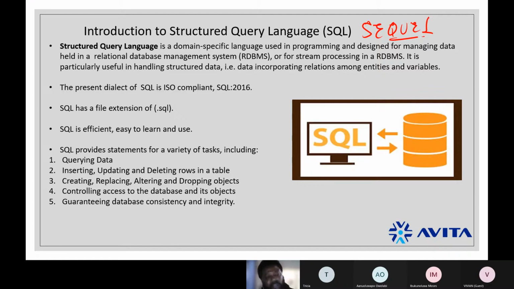That is what extensions are. So SQL extension, file extension, usually .sql. So anytime you see .sql, know that what you have inside of that file are probably SQL scripts, or SQL commands, right? Or SQL code, right? So it says SQL is efficient.